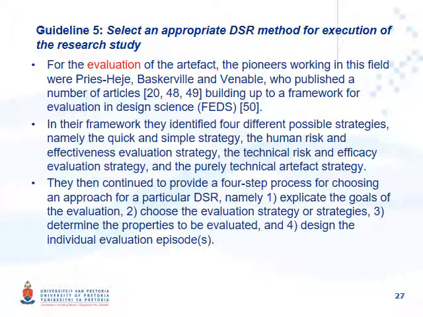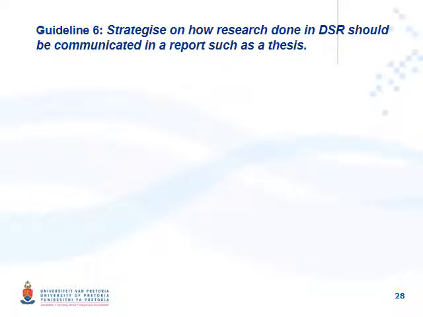They then continue to provide a 4-step process for choosing an approach for a particular design science research, namely explicate the goals of the evaluation, choose the evaluation strategy or strategies, determine the properties to be evaluated, and design the individual evaluation episode. So now we get to guideline number 6, which talks about the